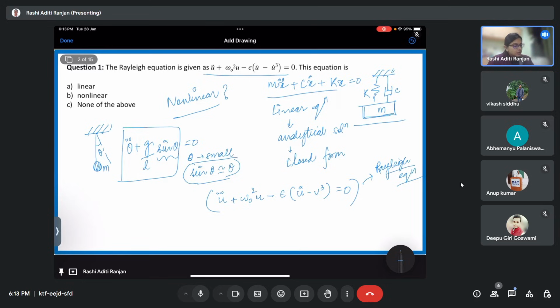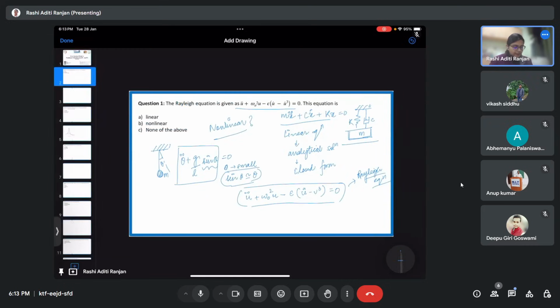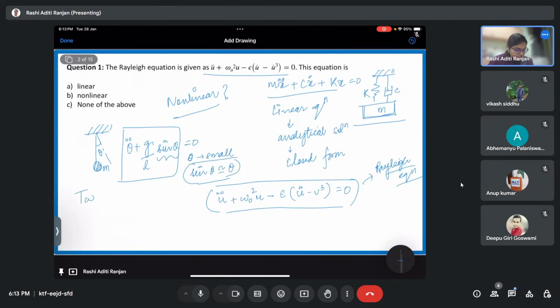Okay, so how do we find out whether this is linear or nonlinear? We'll go by the basic method. However, I expect that as this course proceeds, you are able to identify just by looking at the equation whether it is linear or nonlinear. So there are two ways, which we also call the superposition rules. The first rule is the